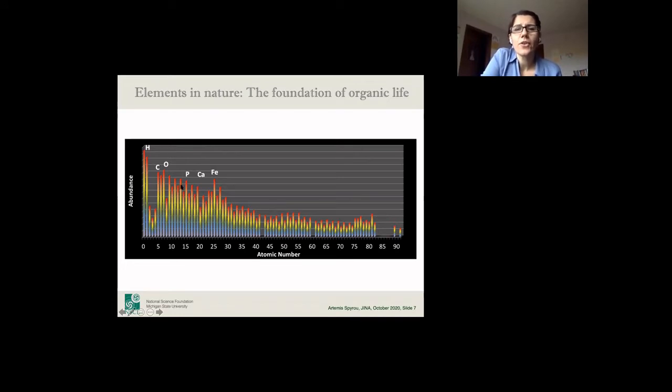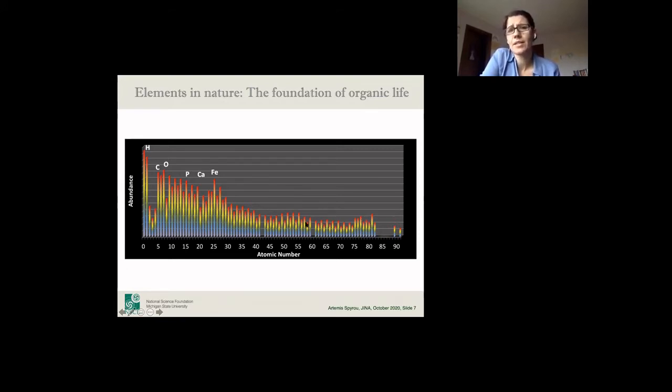And you see very interesting structures, right? You have hydrogen and helium here at the top. And then you have a big dip for the next 3 elements. You have a lot of carbon and oxygen, maybe slowly going down, but then there's a peak around iron. And then it keeps going down, and we have very little of the heaviest elements.